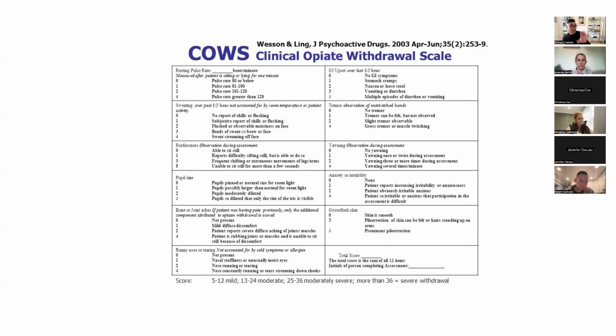All right. So check the resting pulse rate, right? Obviously, you're going to score it. Depending on how they score, mild, moderate to severe is when you would give them opioid replacement therapy, all right? What happens if you give someone Suboxone and they're not in active withdrawal? What will happen?